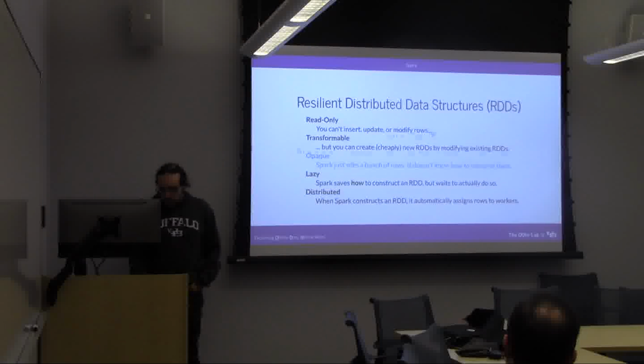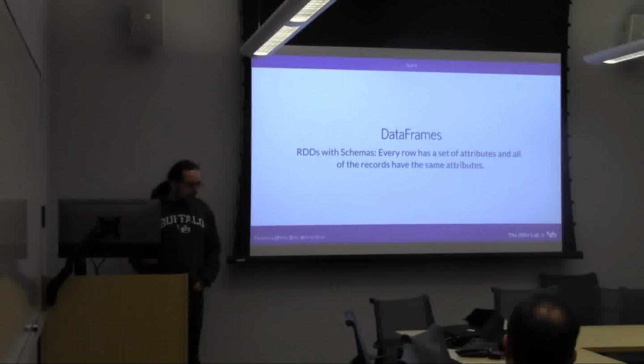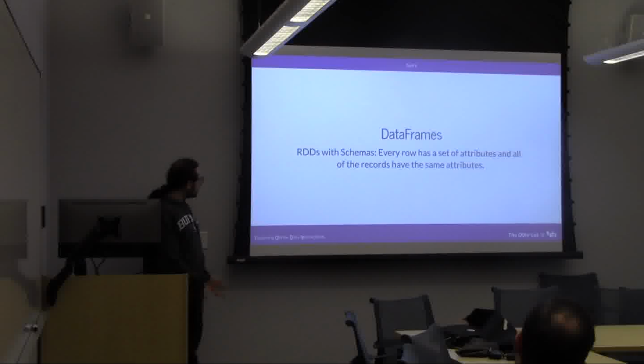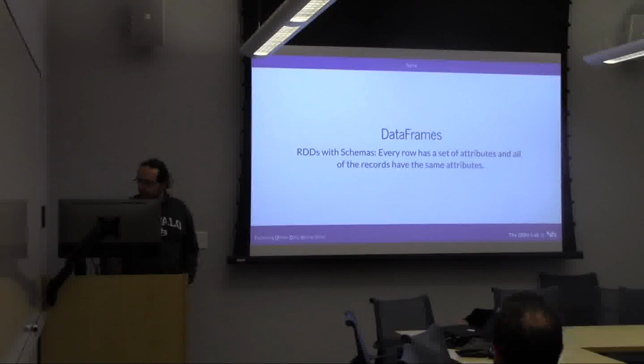So when I say data frames, a data frame is essentially an RDD that has a schema on top of it. It's enough to tell Spark how to interpret the data and gives you a collection of other tools that you can apply to transform the data in a way that is a little easier to understand. This kind of needs to be seen to appreciate it, so let me